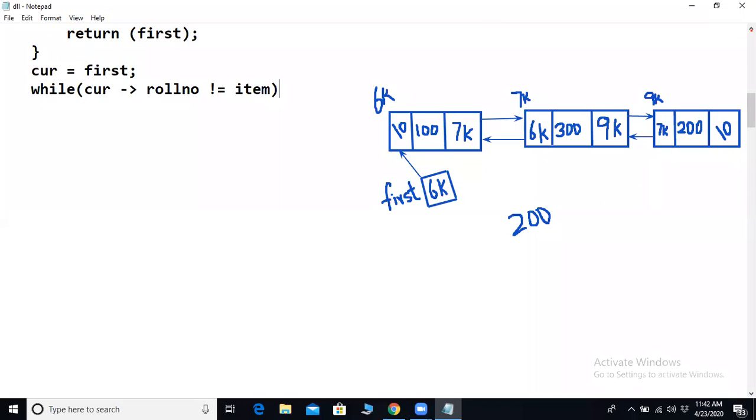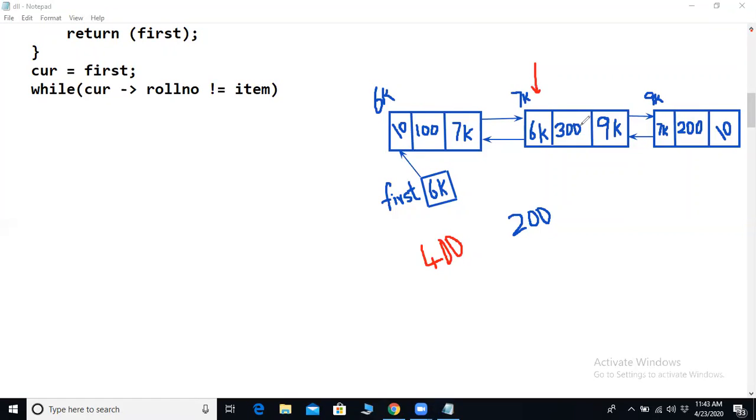Say, for example, you want to delete 400. What will you do? You start from the first, 6000's roll number, and compare it with 400. 200 compared with 400 will not match, so you update the cur value. The cur value will be updated with 7K.